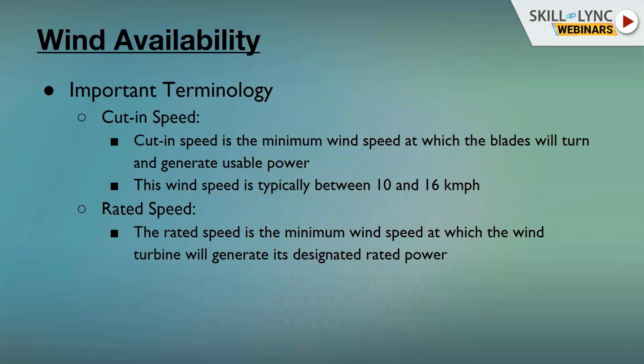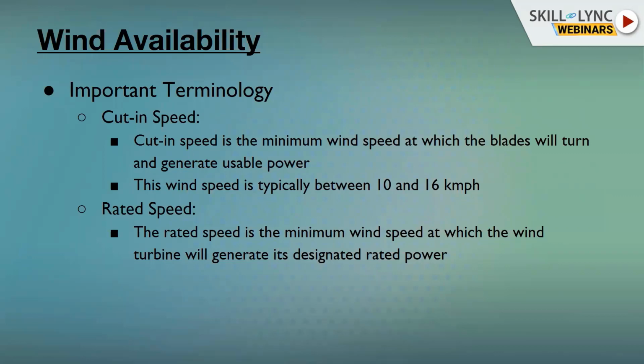And let us come to the main thing in wind electrical energy. There is a windmill setup. So what we mainly want to consider is the cutting speed as well as the rated speed. The cutting speed is nothing but, without knowing or calculating anything, if you are going to set up one windmill in a particular area, then through that wind speed the rotor, that is the blade, is not going to rotate. So in each and every area, we must calculate that cutting speed. So that has been mentioned here.